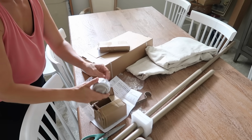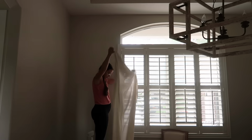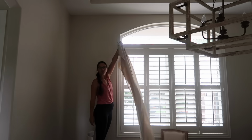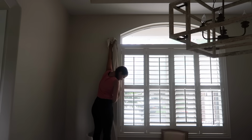I thought the table was going to be more this color wood, not even like a white wash. I don't know what I thought. Yeah, don't ask me. But I'm testing to see how tall I need to hang the curtain rod. Where is it going to go? And I know I can't even reach. It's so dang high. Our ceilings are ridiculous. So I ended up